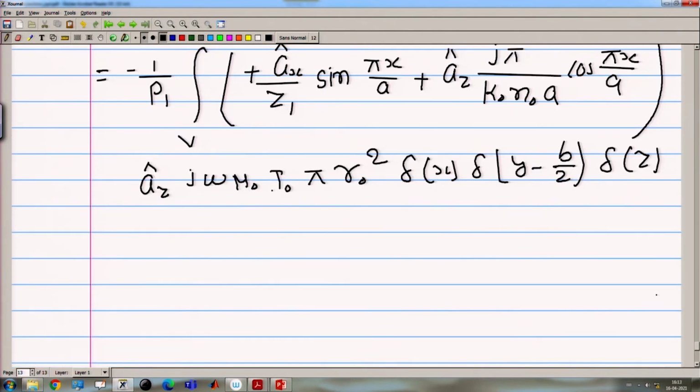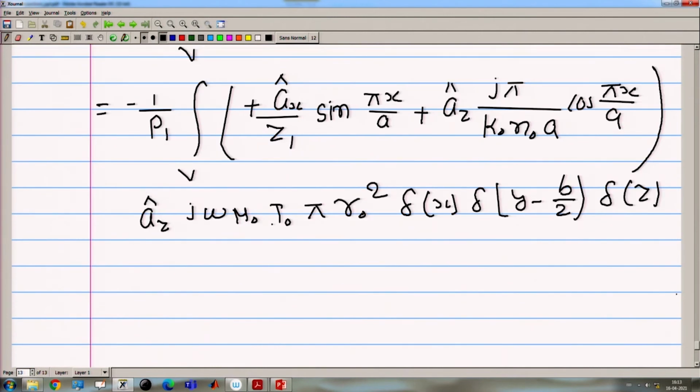So, this will come, meaning del of x is equal to 0. So, x is equal to 0, this term will be 1, and that cos x is equal to 0. So, the first term will be 0, and the second term, because x is equal to 0, sin 0 will be 0, and the second term will be 1. So, in this case only the second term will remain. So, for that we can write,